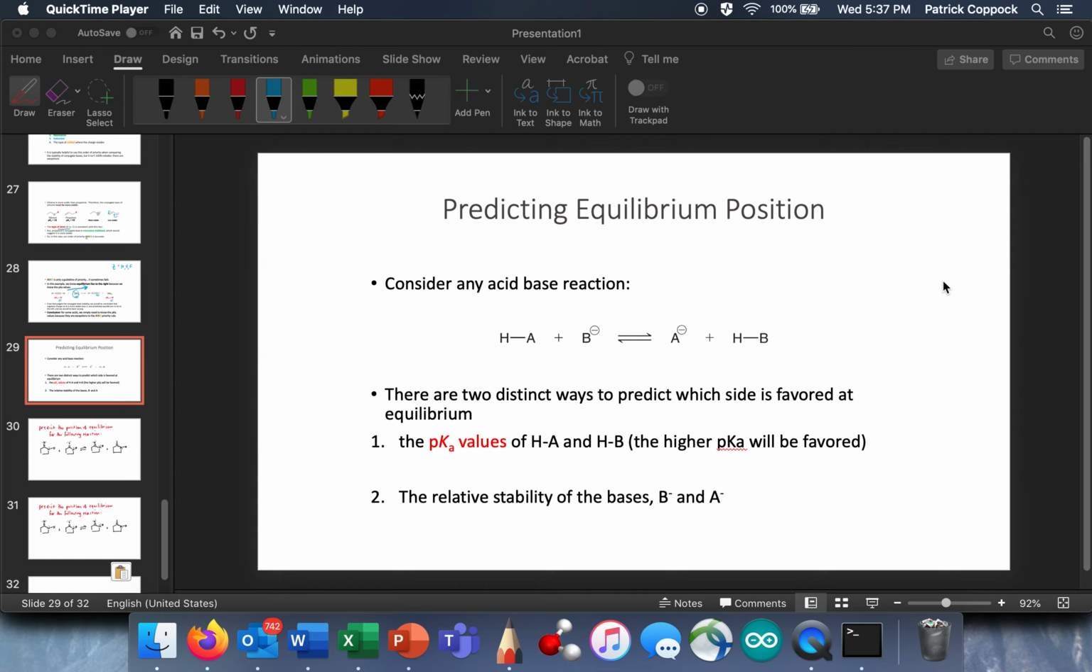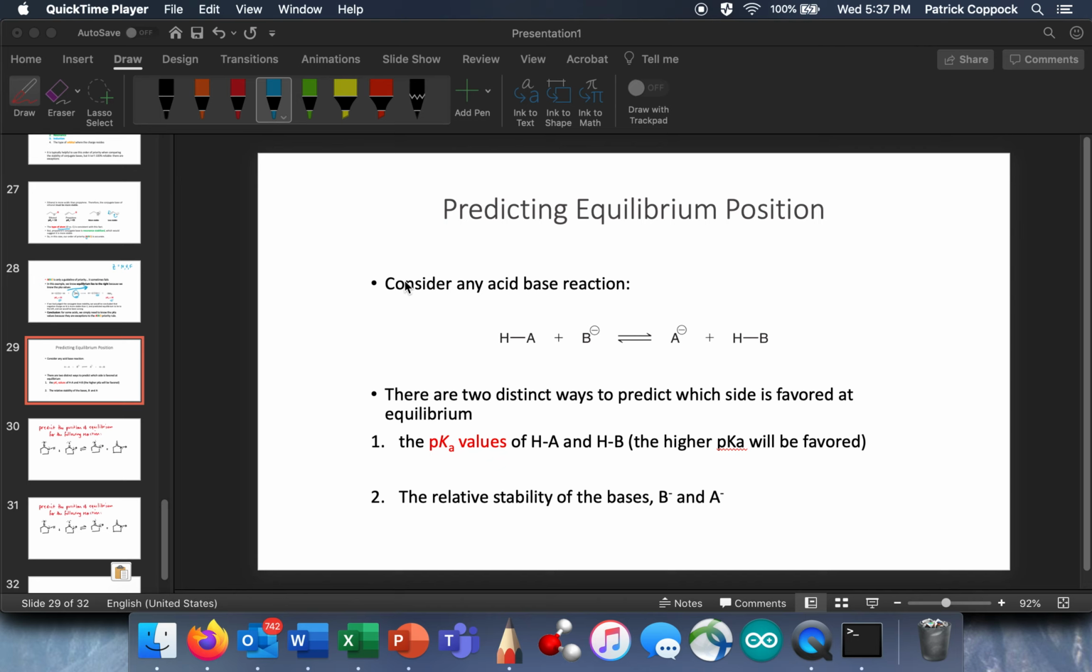Okay, so we talked a good bit about acidity, and we've hinted in previous conversations about the power that we have to predict equilibrium position with the factors that we've considered. Now let's practice it. Before we do, let's review that when you have any acid-base reaction,